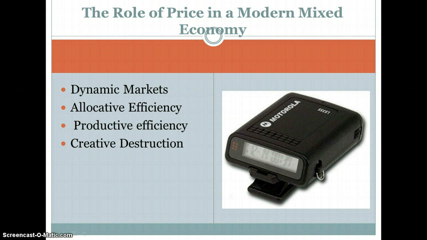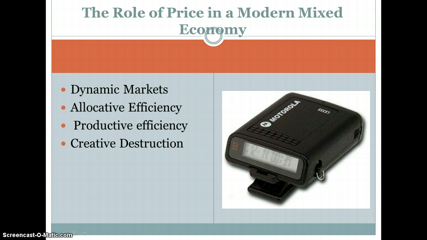You can see this with gas. When we see what the gas is being sold at, the gas companies are trying to find an equilibrium price. But how often does that change? It changes all the time because the market is dynamic. So there could be technology improvements. There could be new companies that come in with substitute goods. Maybe Coke and Pepsi are doing really well, but then a new entrepreneur comes in with a new drink that's like Coke and Pepsi, but it tastes better and it makes you live 5 years longer. Well, the market for soda has now changed. The market for Coke has changed. The market for Pepsi has changed. This new product has come in.